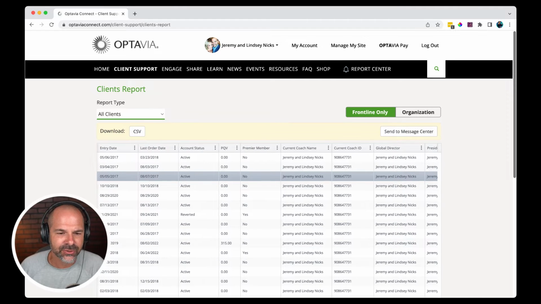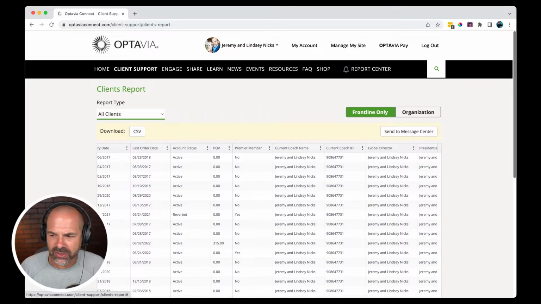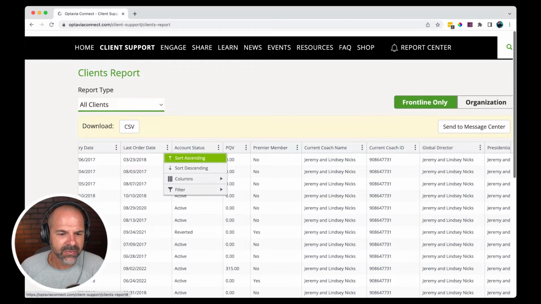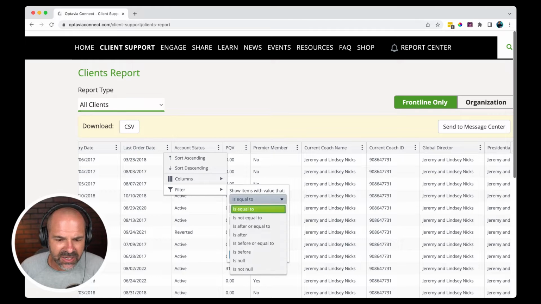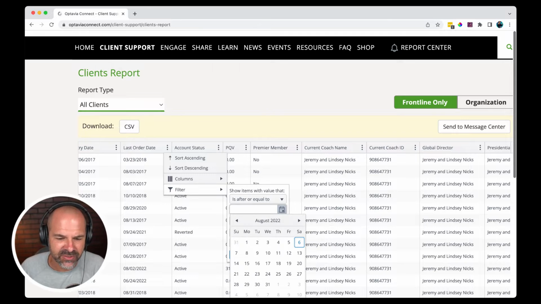So what I do is I tend to go to their last order date, and if you click here, there's three dots right next to last order date, you click there, and then you're going to filter. For me, let's just use this as an example, is after or equal to. So I only want people who have had an active order, let's just say from the first of this year, and we're doing this in